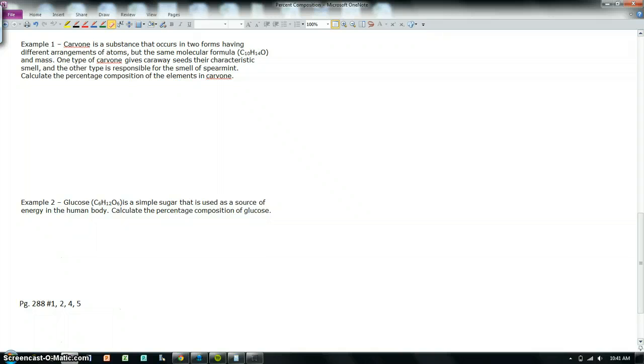Okay, so to start with, we're going to start with a molecule called carvone. It's a substance that occurs in two forms that are arranged differently, but they have the same formula and the same mass. One type gives caraway seeds their characteristic smell, and the other is responsible for the smell of spearmint. So the challenge for this section is to calculate the percent composition of the elements of carvone. So the formula is